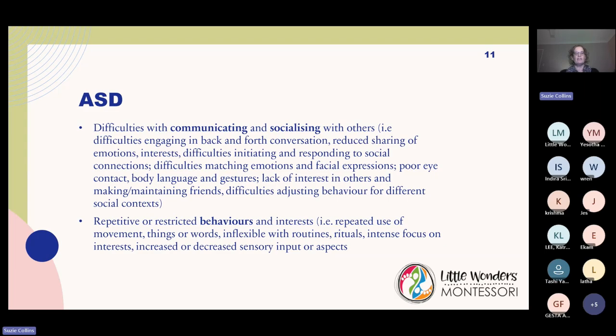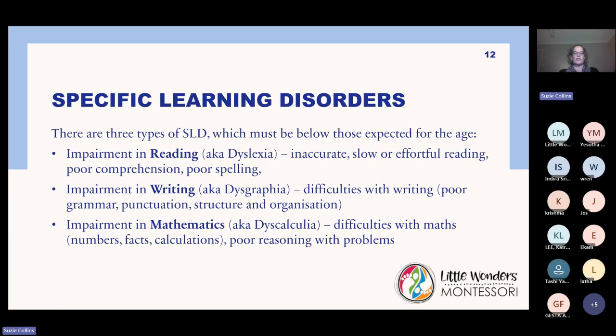The next one we're going to have a look at is the specific learning disorders. There are 3 types of specific learning disorders. What's really important for each of these is that they actually have to meet specific criteria of being below what is expected for their particular age. There are some set criteria, but that's what the assessment is about, to determine that. And the 3 different types of specific learning disorders.